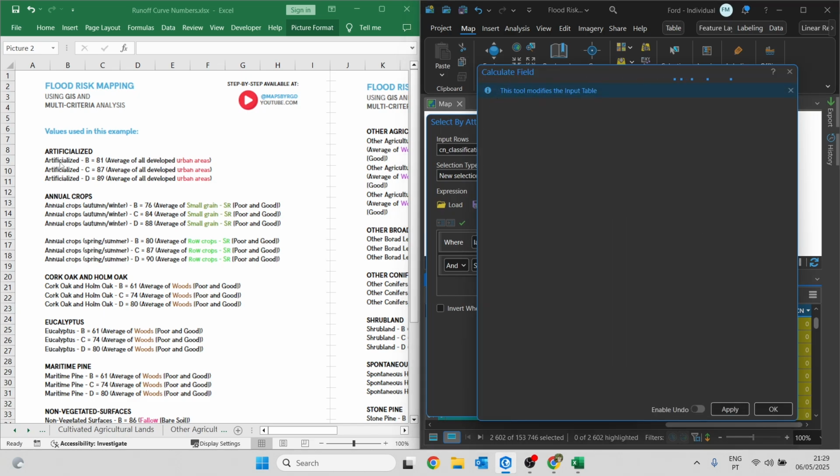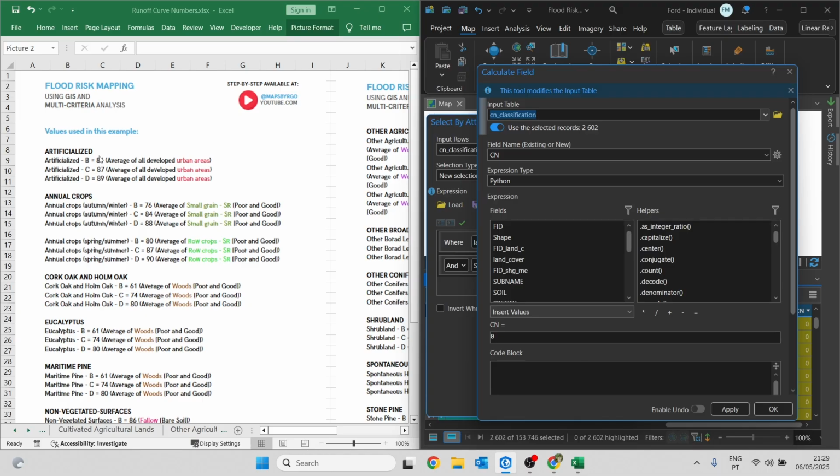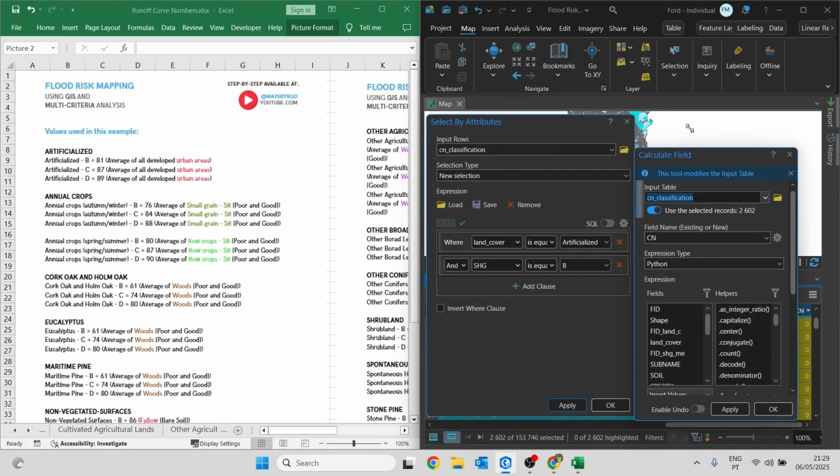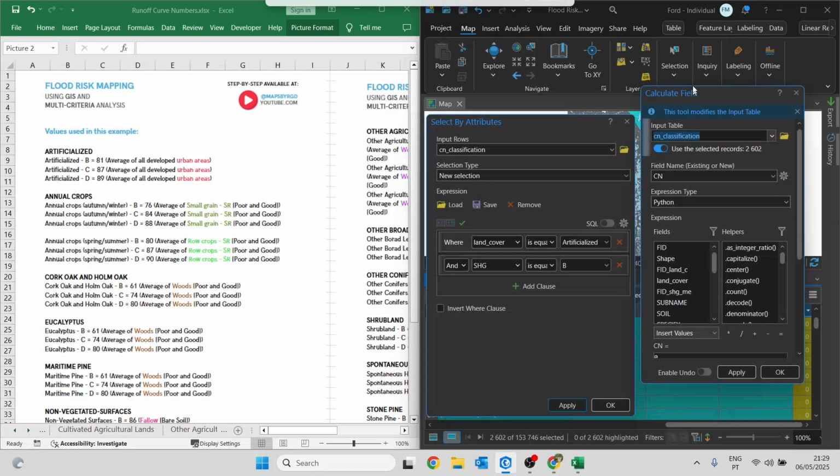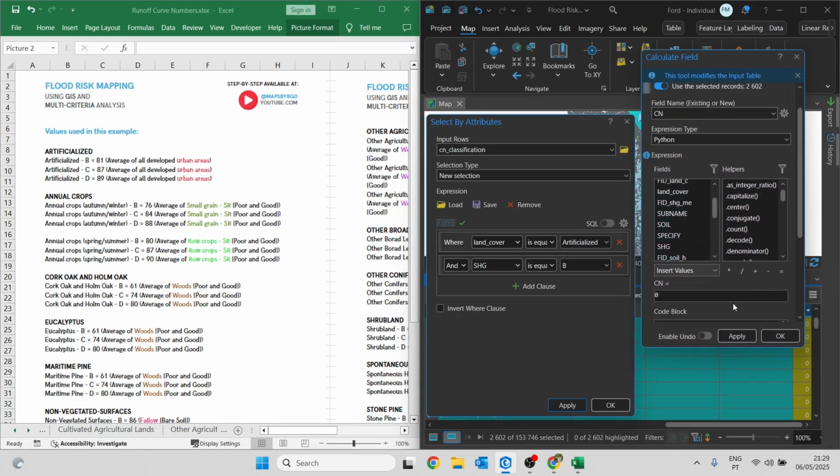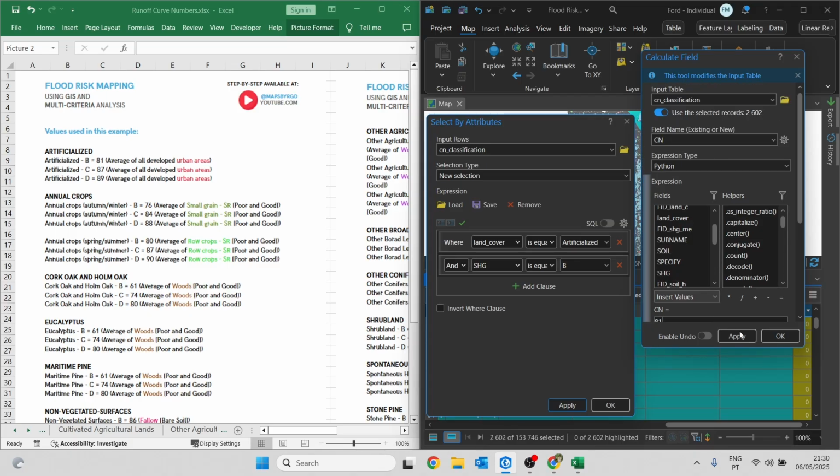And as we can see here in the Excel file, the value of artificialized with SAG type B is 81. So here on Calculate Field, CN needs to be equal to 81. And click apply.